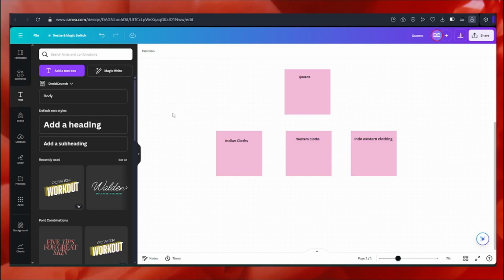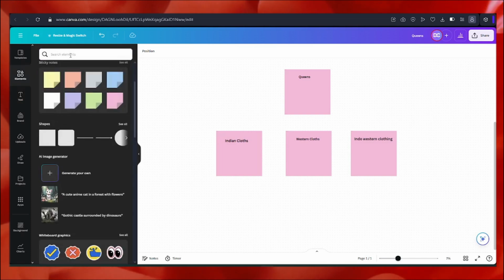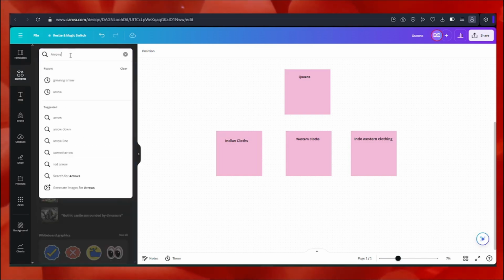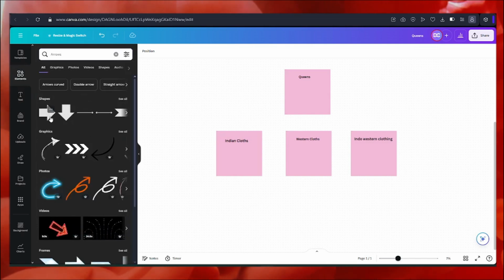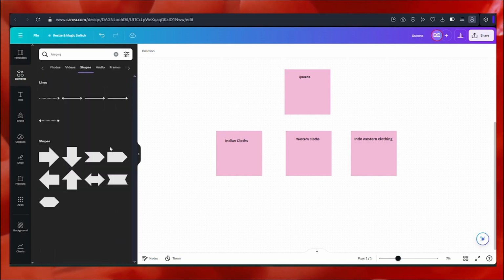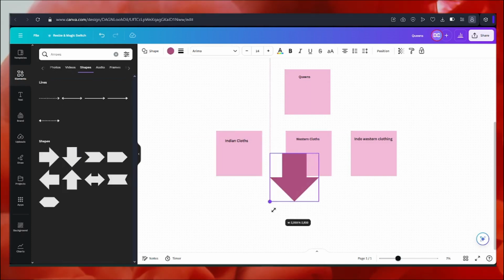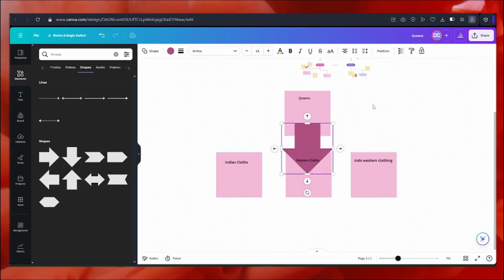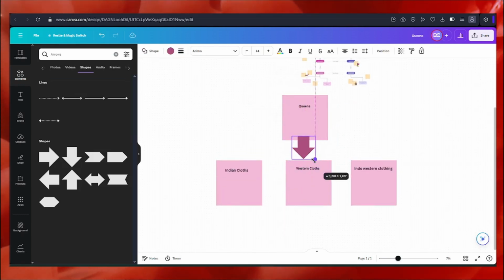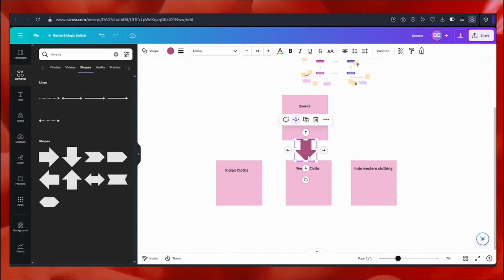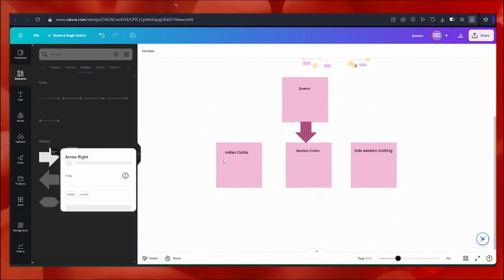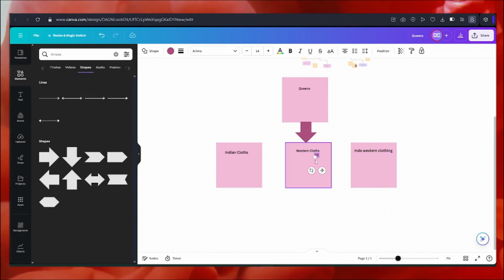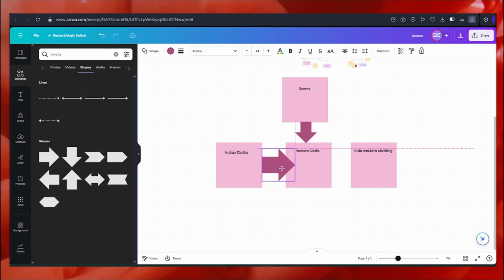We can use arrows to direct them. Simply search for arrows in the element section. If I search for arrows, I'll get many options. What I can do is click on them and see what I wish to use. Here, as you can see, I have selected this. I can use it to connect my flowchart, and this right arrow will connect this from here.